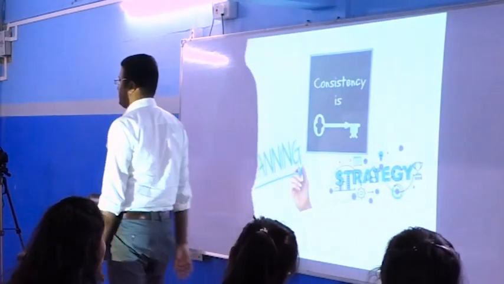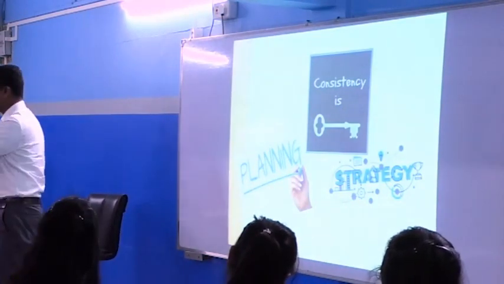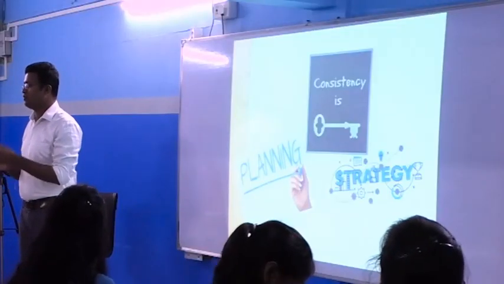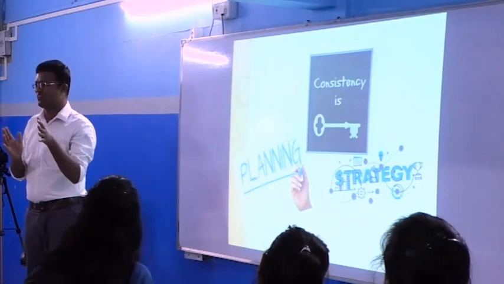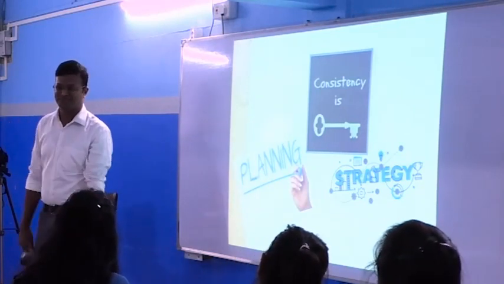Now, how to qualify in a smart way? Three things are needed for qualifying in a smart way. One thing is planning. Don't plan for 5 years or 6 years. Already, Narendra Modi has abolished the 5-year planning. Now it is day-to-day planning.